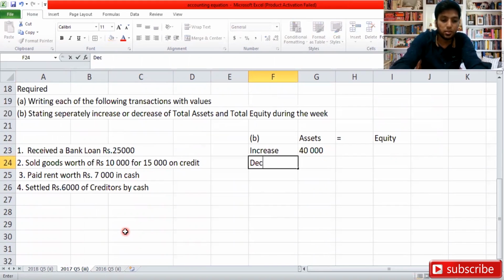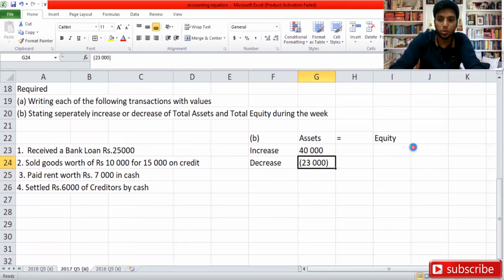And what has decreased? 23,000. So I can present it in brackets. It will give a minus value. So once you deduct, you will get 17,000. That's what you need to represent here. So yeah,